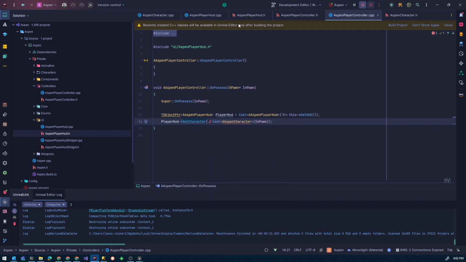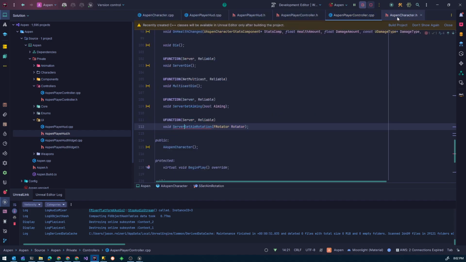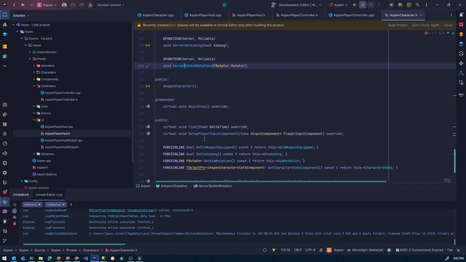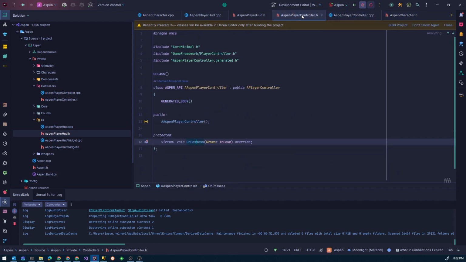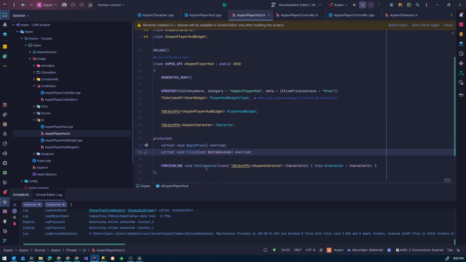Oh, it says it's inaccessible. I probably need to give it a different name, because I think there's already a set character. I'll call it a set player character. I'll call that player character, and then